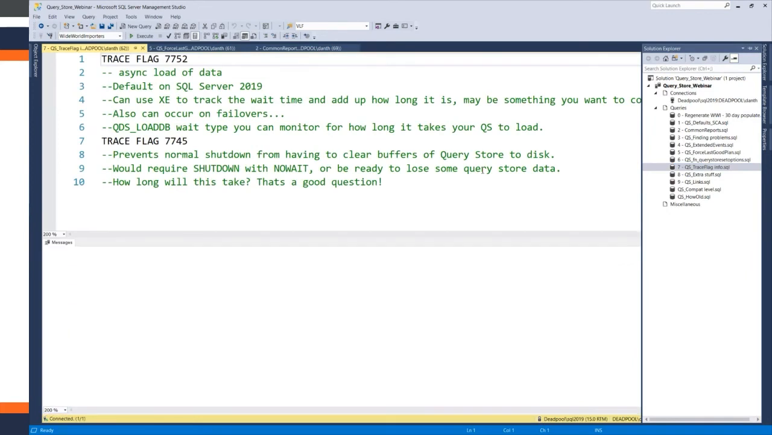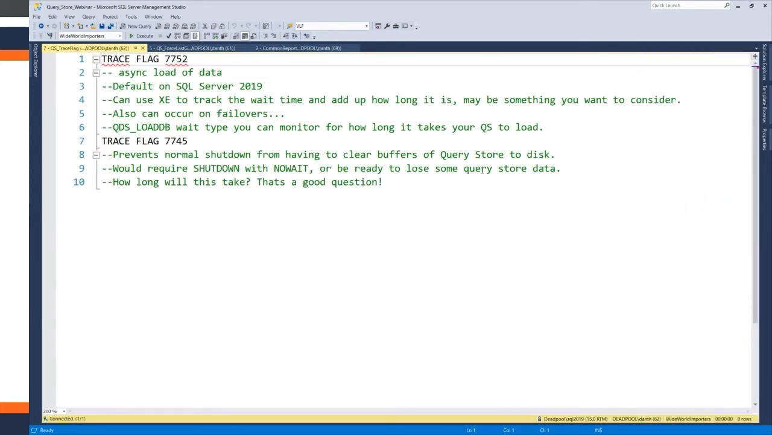There are two trace flags that I would recommend just being aware of, 7752 and 7745. Real quick, 7752 allows Query Store data to be loaded asynchronously on a SQL Server startup or failover. It may be an issue because it's the normal behavior now on 2019 to have that trace flag, but